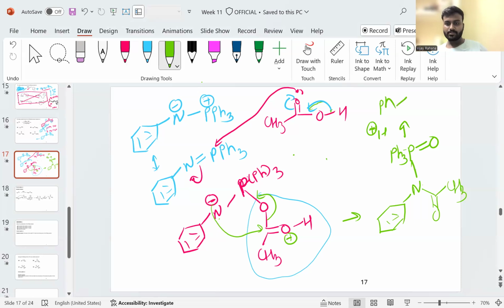I will draw in shortcut. So this is the product formed, and the PPh3, which has the double bond,